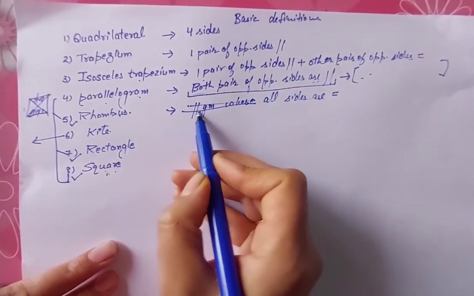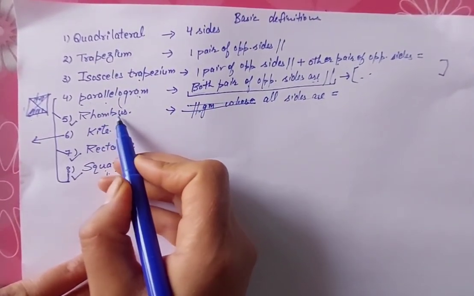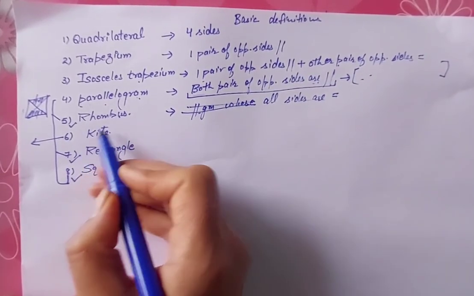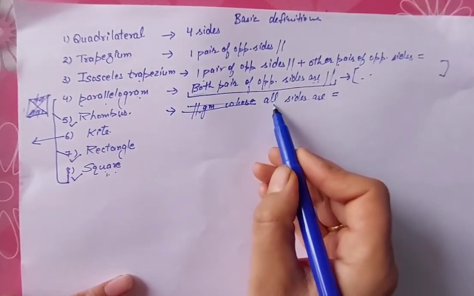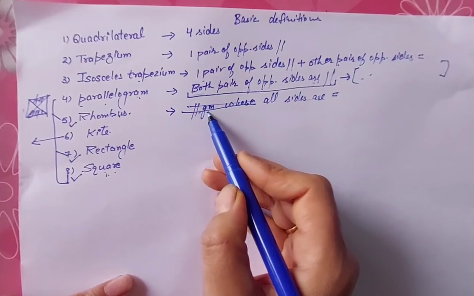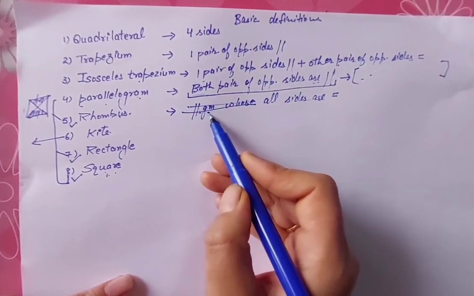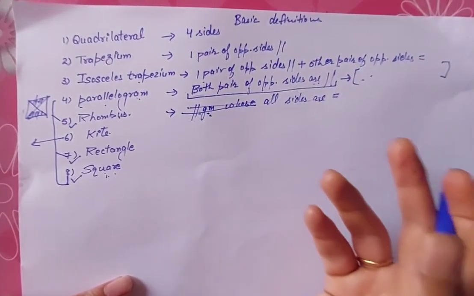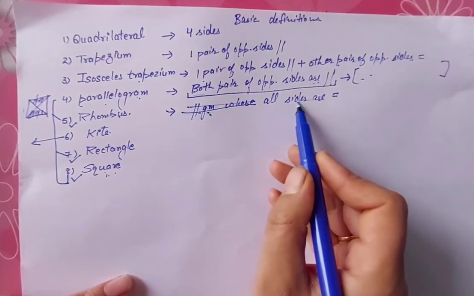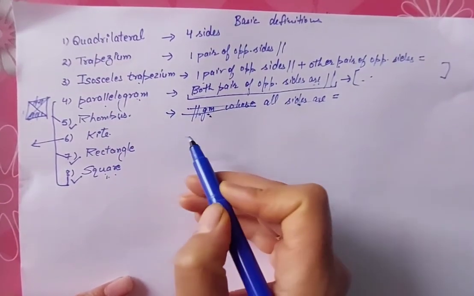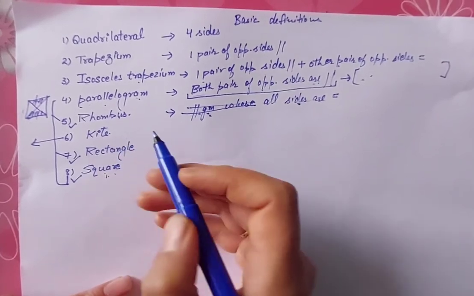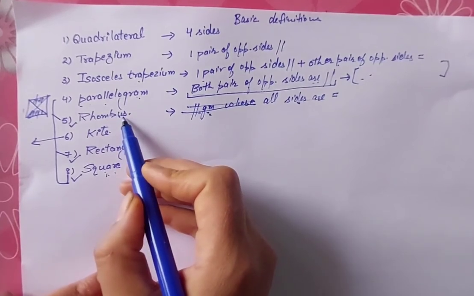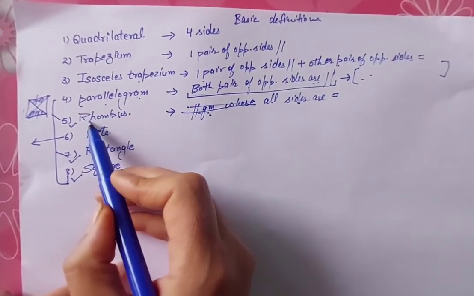If somebody asks you to prove that a given figure is a rhombus under certain given conditions, you only have to prove that all sides are equal. Need not prove even that opposite sides are parallel. Even because try making it up. Just pick up your pencil and scale and try making a figure with all sides equal. If you try making a figure with all sides equal, obviously its opposite sides are going to be parallel. Okay, but if you make all the opposite sides parallel only, that may or may not be a rhombus.